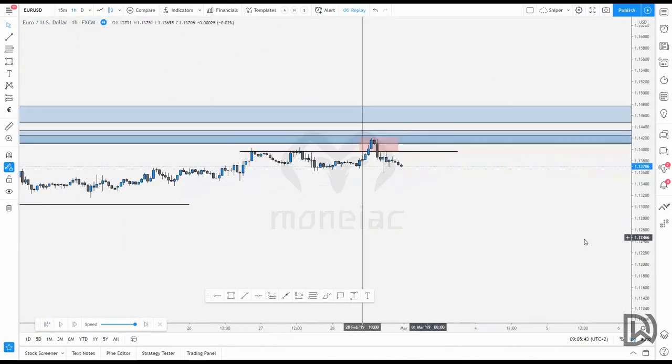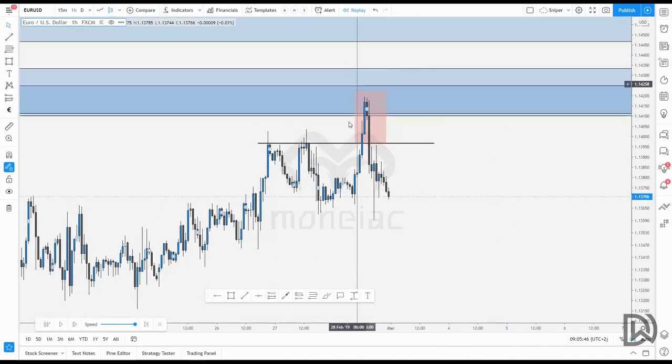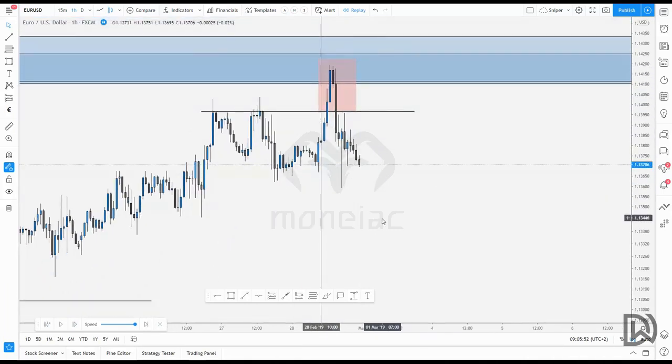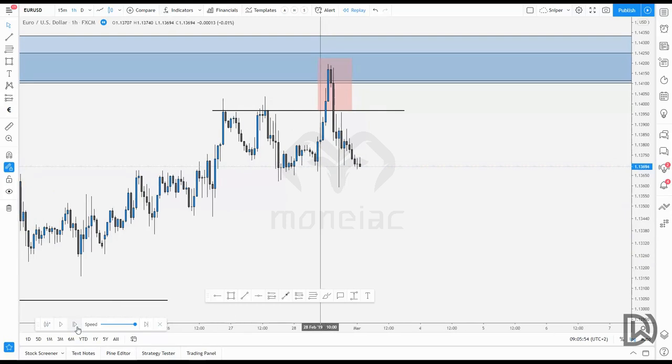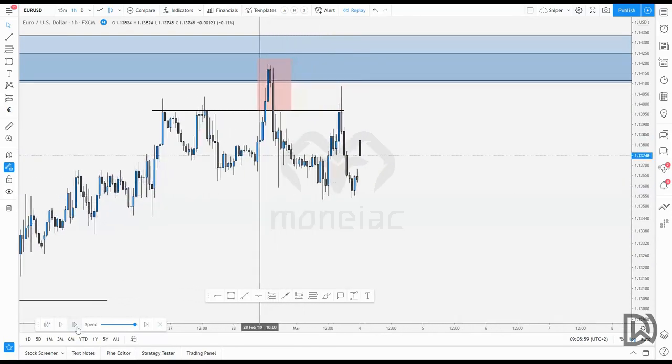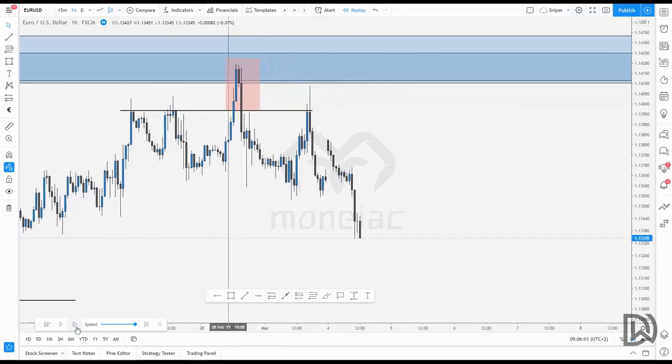We can go to the 1 hour. We can see price broke it, came back for a retest. In here we would have had opportunities, but unfortunately we can't see that now. And then big push to the downside, price coming back one more time, and then eventually we started dropping towards